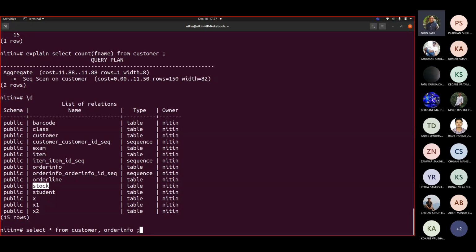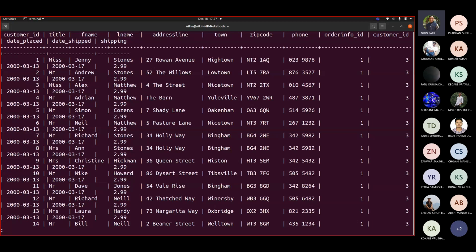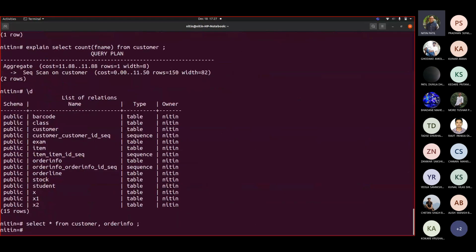See, I haven't added any condition there, correct? Have I added any condition for this join? So this would be a cross product, correct? If I fire simply this, the number of records in my first table is multiplied by the number of records in my second table.